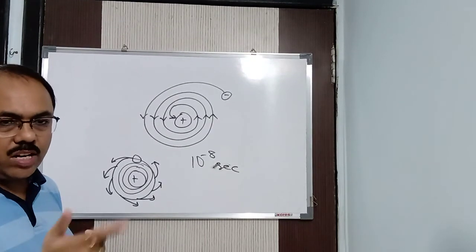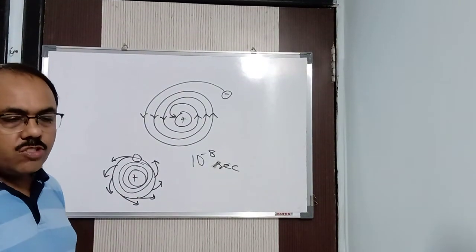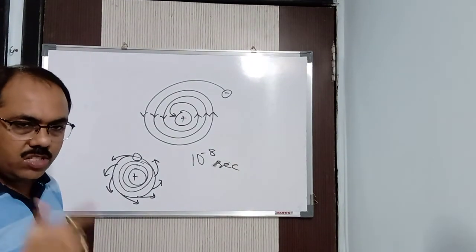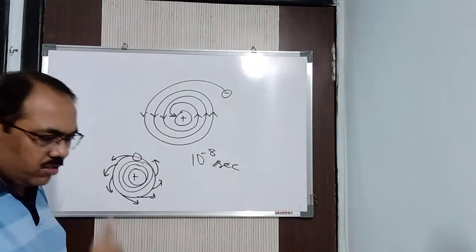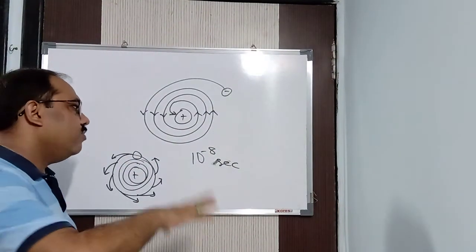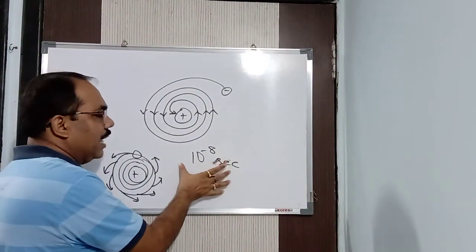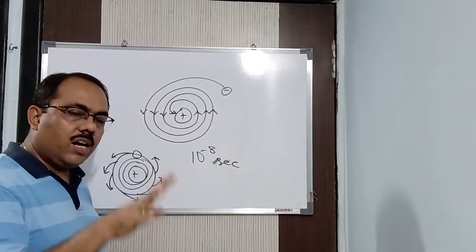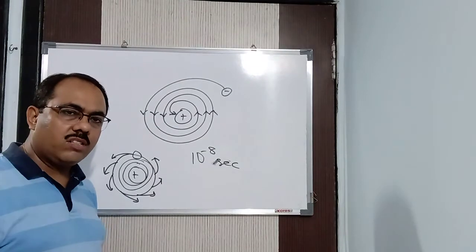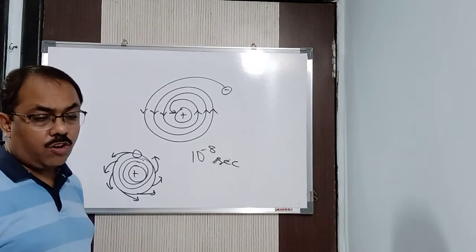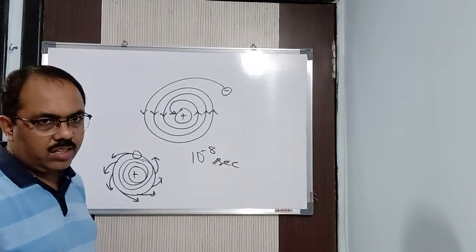Just like the planets in the solar system, we said the electrons are moving. So when this Earth consists of these charged particles, the electrons, which are moving, this is also moving around the sun. The electrons are moving, the Earth is moving. As he calculated, to destroy one electron, 10 to the power minus 8 seconds are there. Earth consists of some trillions of electrons. If you calculate, the time taken is a few hours for the Earth to fall into the sun and get destroyed.